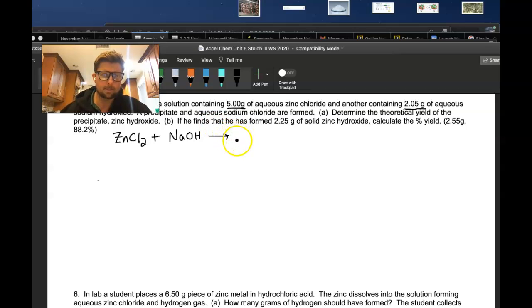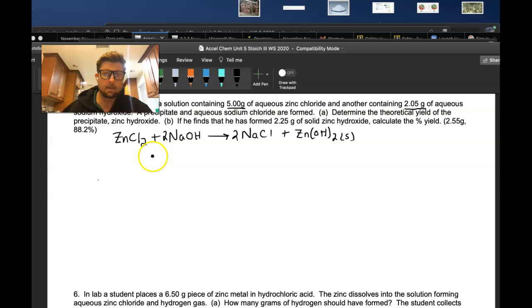aqueous substances are going to mix, give sodium chloride and zinc hydroxide. Zinc has a +2 charge, so you need 2 hydroxides, and that will give a solid. To balance this, we're just going to put a 2 in front of the NaOH and a 2 in front of the NaCl. So the student doing this has 5 grams of aqueous zinc chloride and 2.05 grams of aqueous